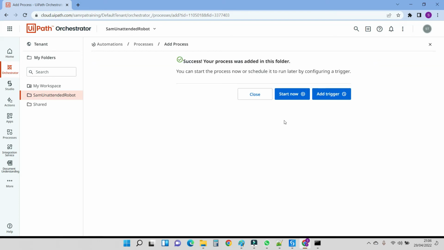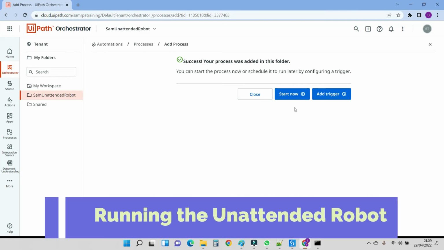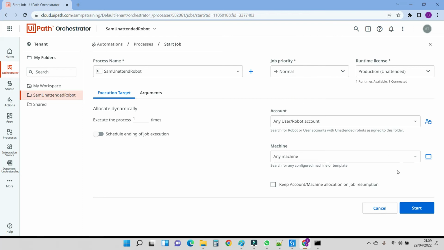Now our robot is finally done. We have two options to run this unattended robot. We could just click Start Now or add a trigger and schedule it. We're gonna see it in the next step. So let's run our robot. First, we're gonna run it through Orchestrator, and let's click Start Now. We see our process name, Sam Unattended Robot. Click Start,